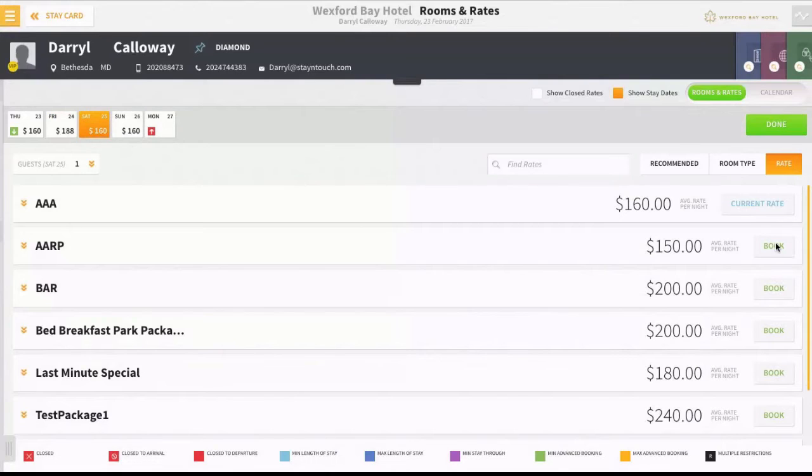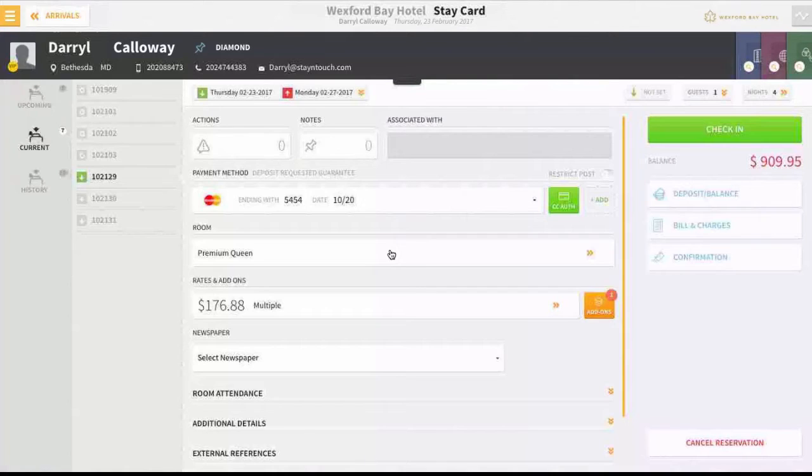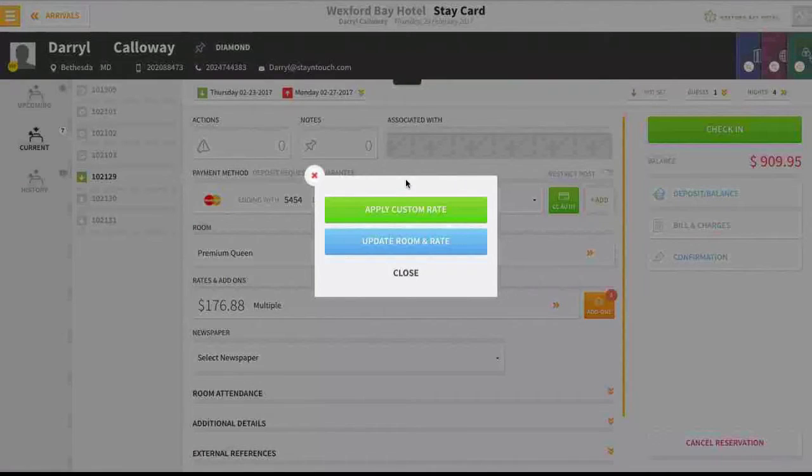Same thing for, so you can apply a different rate to every one of those days. Now, you also, just in case you don't know, if you wanted to set a rate as a comp for just one day, for example, it's just a matter of, again, going into that option to select the rate from the stay card,